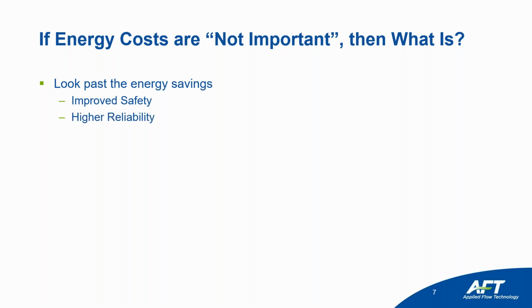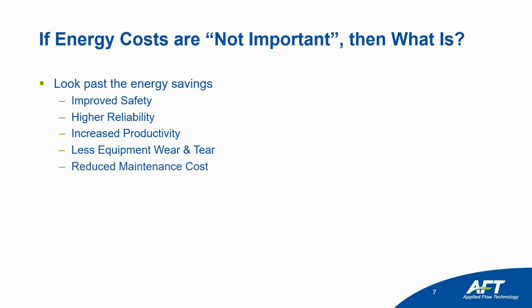Higher reliability, things not breaking down as often. Increased productivity, you're not going to have as much downtime, less equipment wear and tear, less maintenance and repairs, less product losses. And so whenever you have downtime, you might have product losses, especially if there's an accident that happens